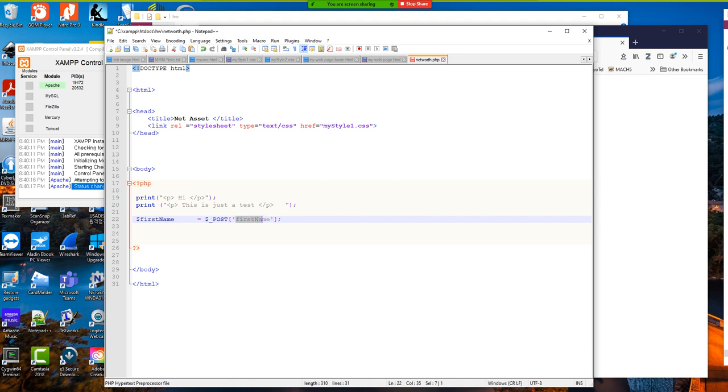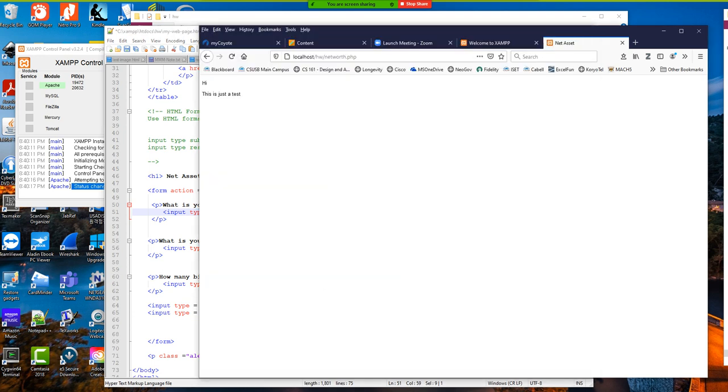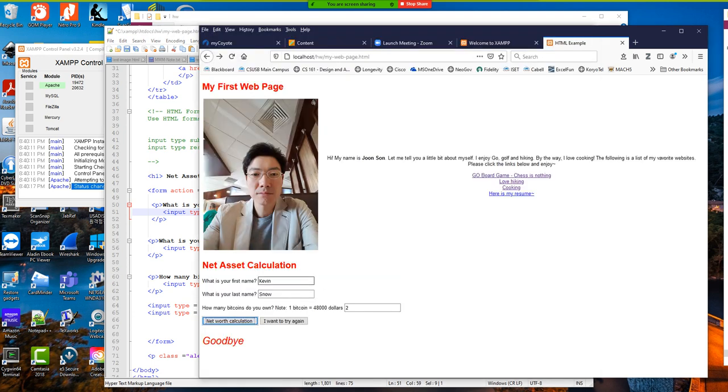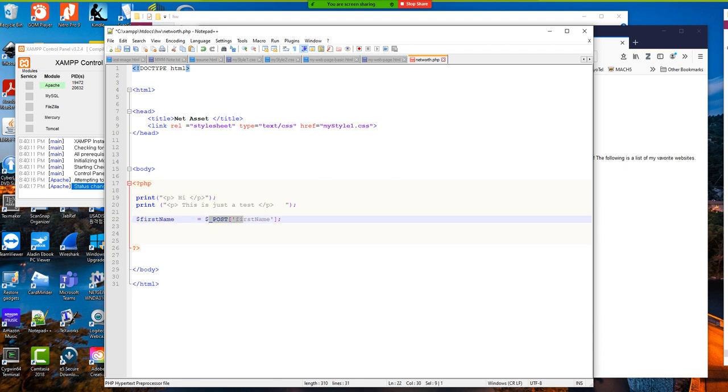It's a grammar. And inside this grammar, you see that single quote, and the first name is what? If you look at the previous HTML file, this is the input name, the first name. So in the example, the Kevin, this will get the Kevin, and then the value will be transferred to this variable name, first name. So the first name is now going to be Kevin, and then the last name,